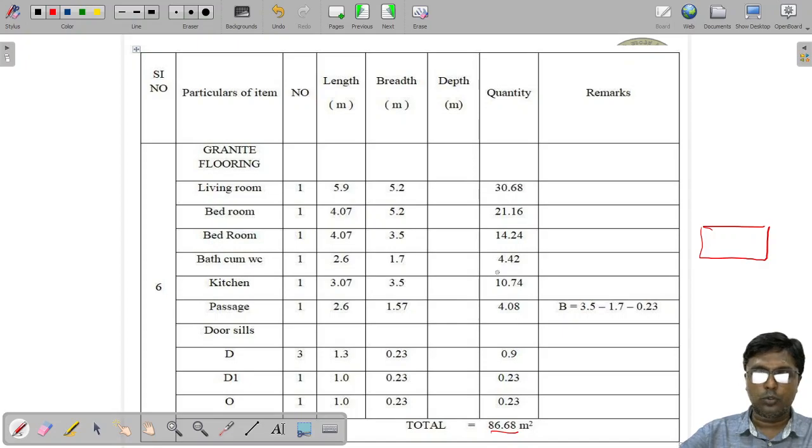One thing I have to tell you here: if they ask you to calculate the quantity for anything, like plastering or painting, for ceiling it is the same as flooring, because we are taking only the length and breadth. So even if they ask for ceiling, it is easy. You have to fill only the length and breadth column, because there is no thickness when we are doing plastering or painting. Just take out the internal measurements of the building and multiply to get the quantity.